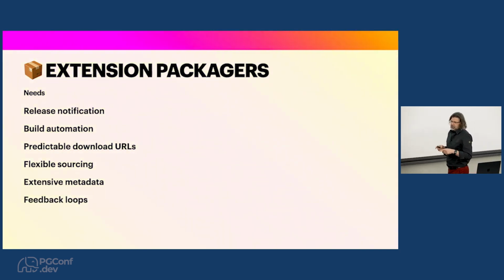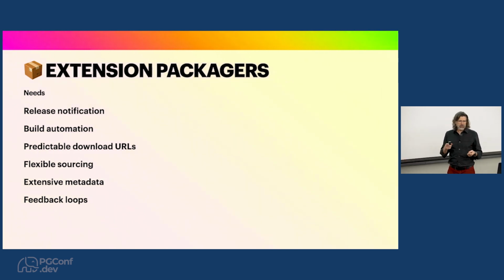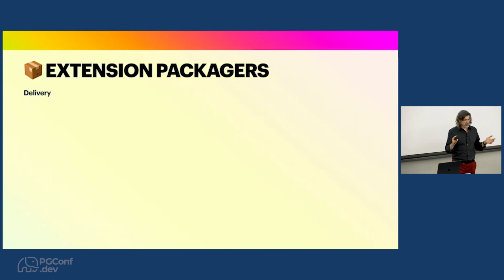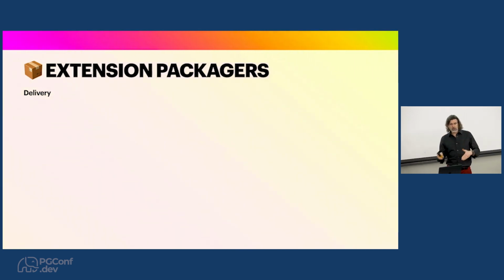And there's feedback loops. It's like, well, the build on this release didn't actually work. How do I let the author know that, right? How do we let the community know that? And can we maybe submit additional statistics that some of these systems may not be able to do, like number of downloads or number of installs or number of failed installs, number of failed builds, etc.